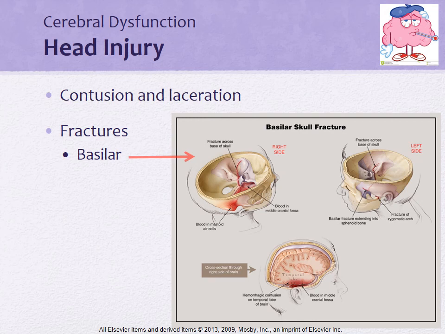If you have somebody with a suspected basilar fracture, their signs are going to be raccoon eyes and cerebrospinal fluid leakage from the ears or the nose. If you stick an NG tube or anything in the nose, because of where the fracture is located, you risk placing it through the fracture itself into the brain. If you Google this, you actually see MRIs and X-rays of an NG tube curled up in the brain because somebody stuck an NG tube in the nose and it went through the fracture into the brain. So if you're suspecting a basilar fracture, do not stick anything in the nose. Okay? Do not.